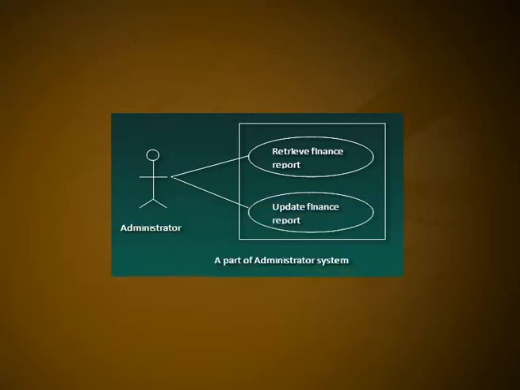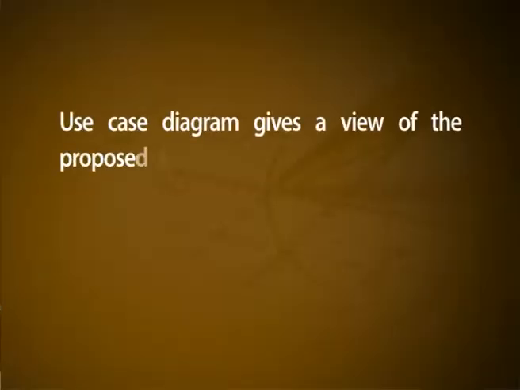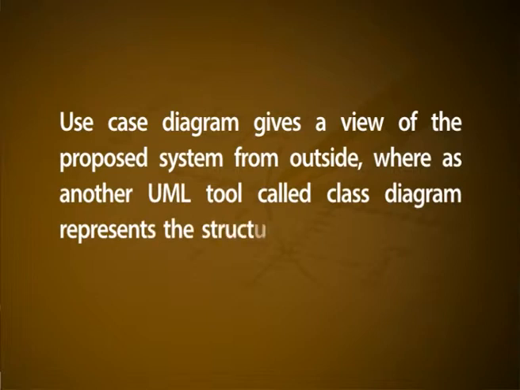UML is a collection of modern tools to incorporate with the object-oriented paradigm. One of these tools is the use case diagram that depicts the proposed system as a large rectangle in which the tasks performed by the system, called use cases, are represented as ovals, and users or actors of the system are represented as stick figures. For example, a part of the administrator system is shown in the following figure. Use case diagram gives a view of the proposed system from outside,